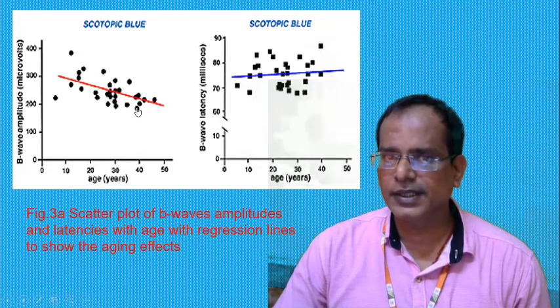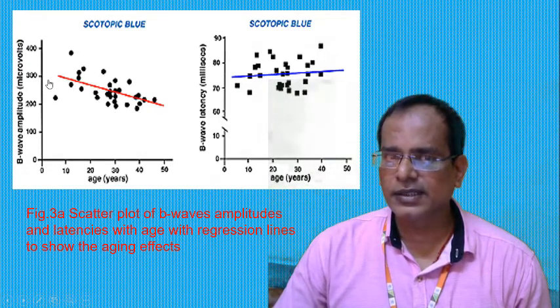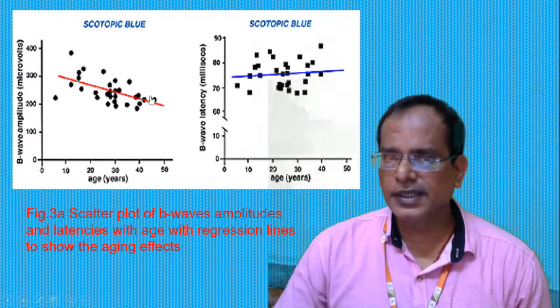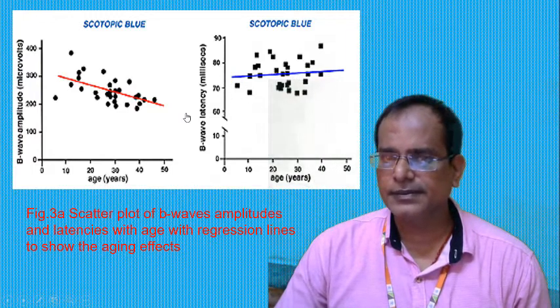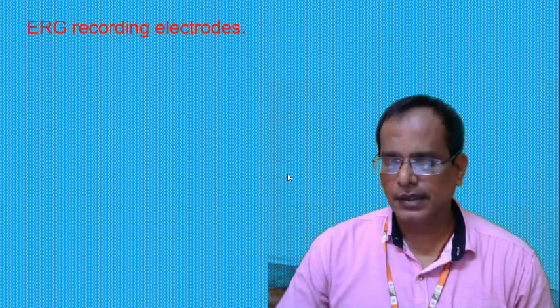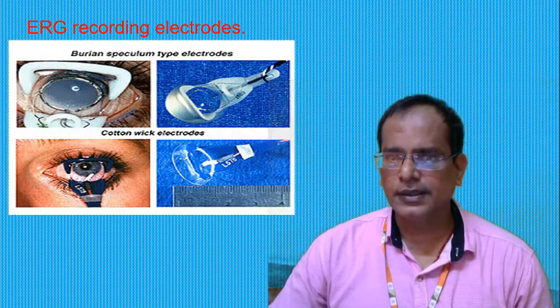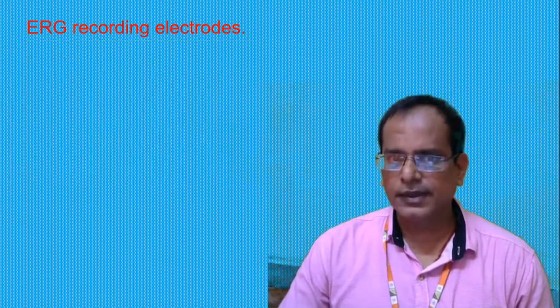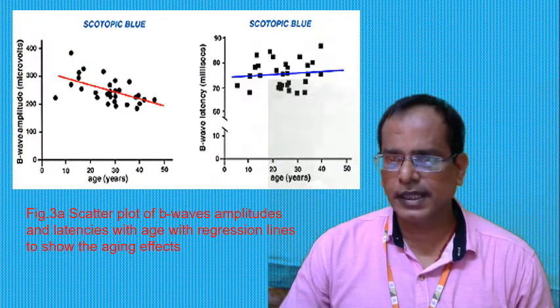Here also the amplitude varies. So according to some 300 microvolt they are placing a regression line. So in that way they are discriminating the function. Now we are going to see what electrode recording is. So before electrode recording we'll discuss this one in a scattering plot.